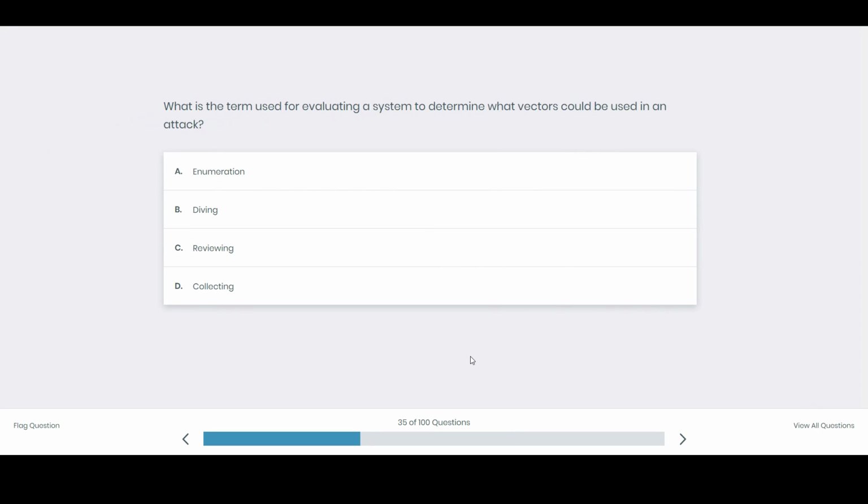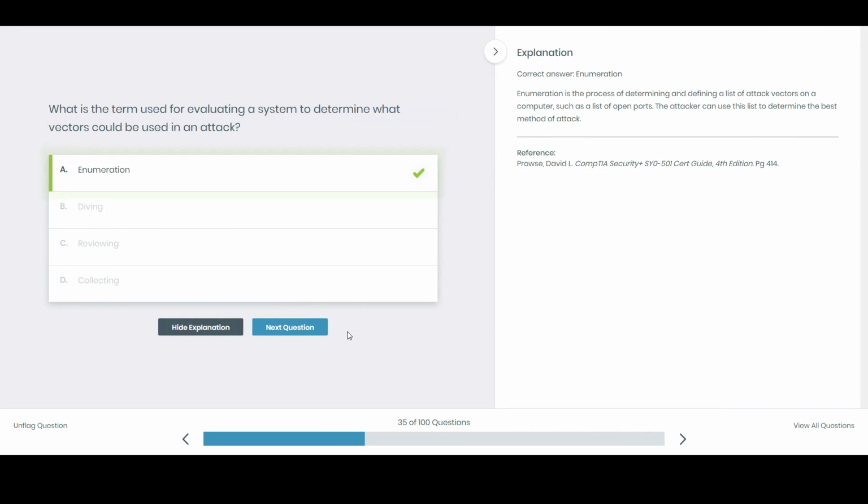All right. What is the term used for evaluating a system to determine what vectors could be used in an attack? This is really hard. To be honest, I didn't know the answer. So let's unplug that one. Collecting, no. Reviewing, either diving or enumeration, but I think I go for enumeration. Okay, I'm lucky. Enumeration is the process of determining and defining a list of attack vectors. That's why I remember the defining a list. Enumeration. You can find this one, there's a reference in page